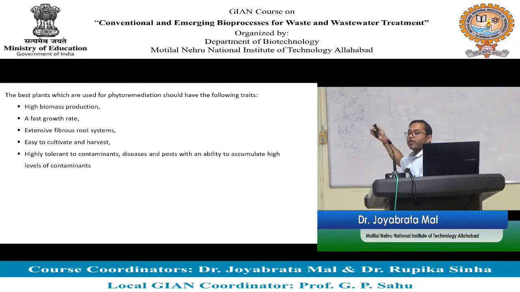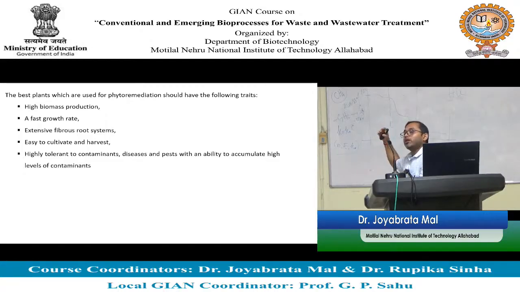Hyperaccumulator plants are a very important part of research in phytoremediation to find out, and if you have one, you can get a very good paper. Like cherries accumulate 1000 mg of arsenic. It is generally 100 to 1000 times higher than a normal accumulator plant. Okay, so for that you also have different kinds of experiments you can study,